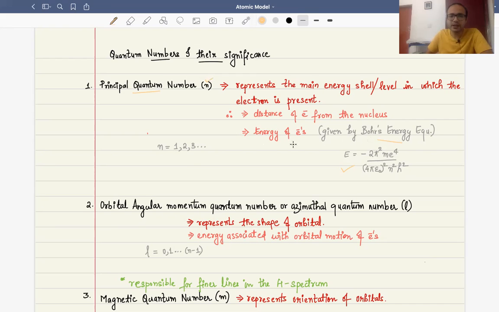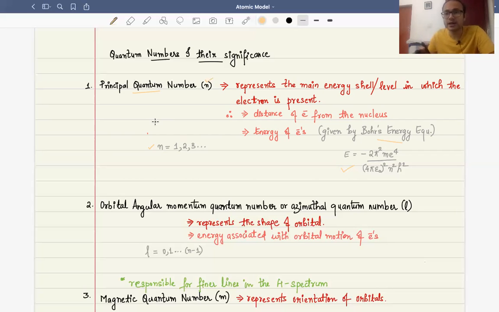Now what are all the values that this principal quantum number can have? They are positive whole numbers like 1, 2, 3, and so on. So this is about the principal quantum number and its significance, that it represents the major stationary states or the energy levels or energy shells